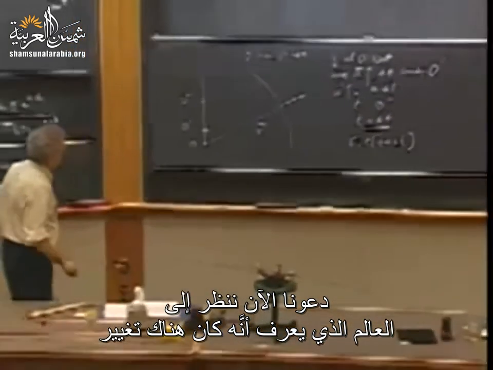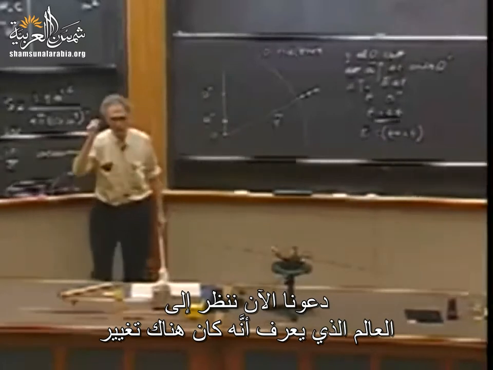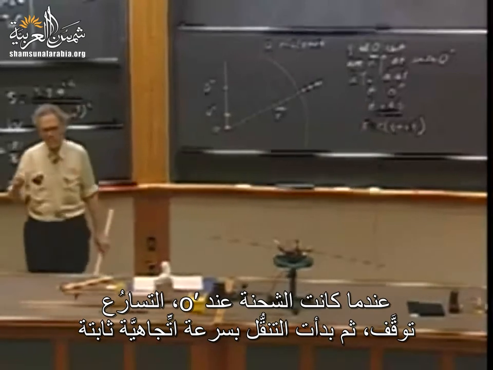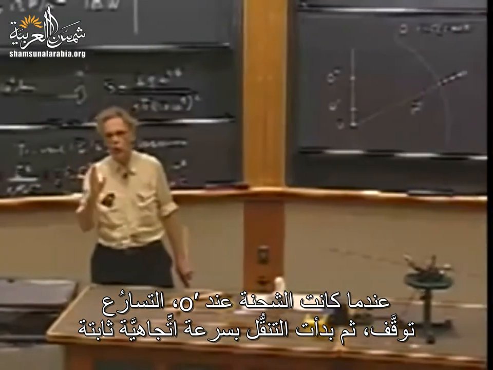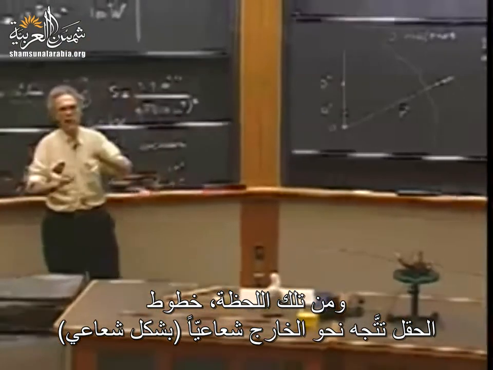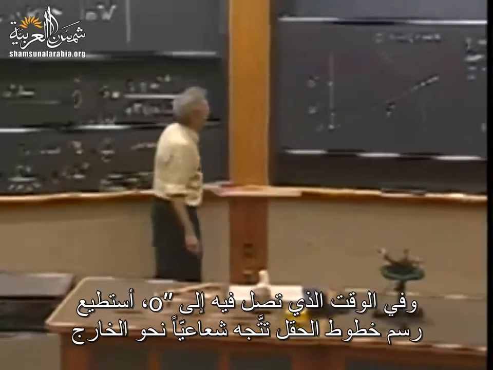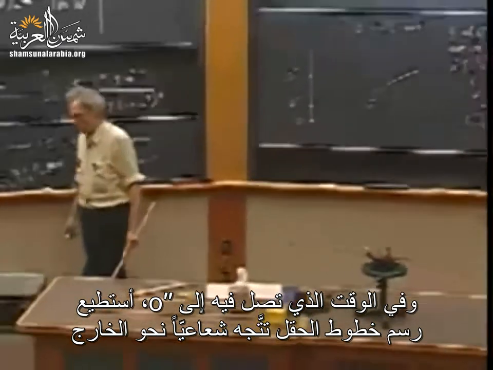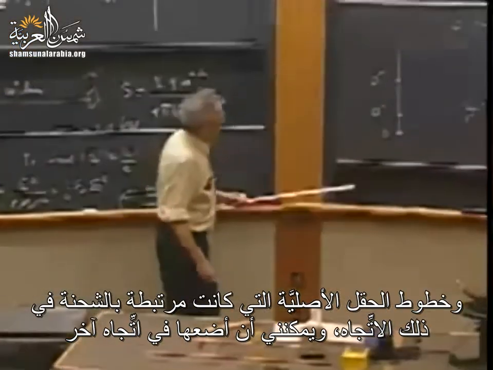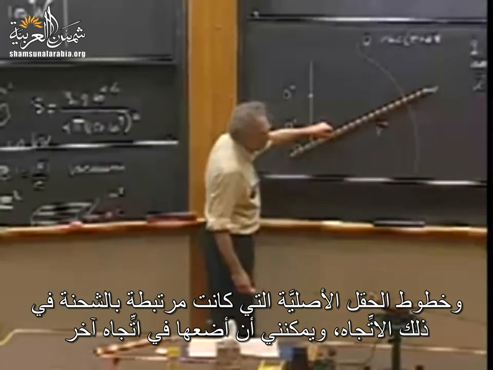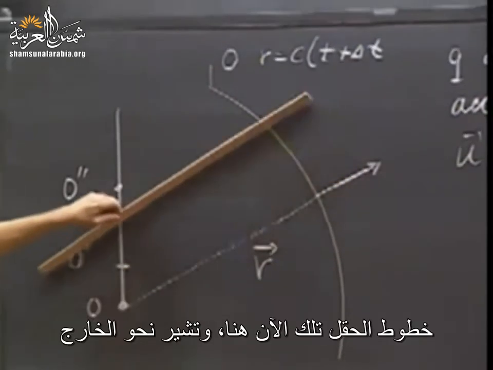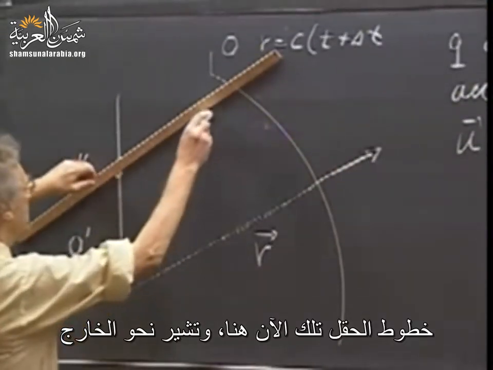Now let's look at the world that does know that there was a change. When the object was at O prime, the acceleration stopped, and so it started cruising with a constant velocity. And so from that moment on, the field lines are again nicely radially outwards. By the time that it reaches point O double prime, I can draw these field lines radially outwards. And I think of this original field line as a stick that was connected to the charge in that direction. I could have picked another direction. And so that field line is now here,